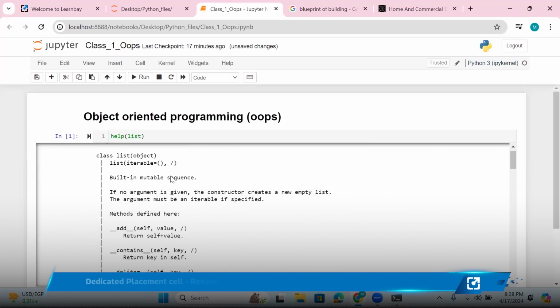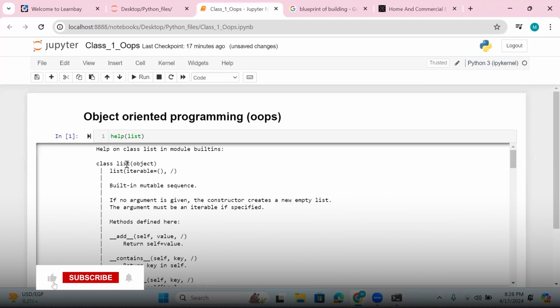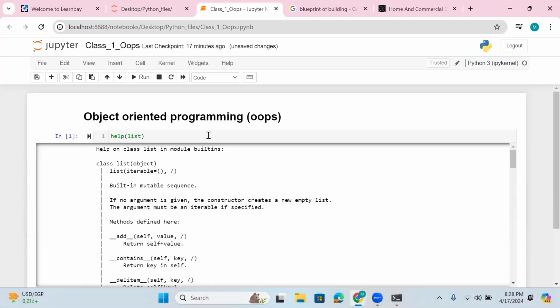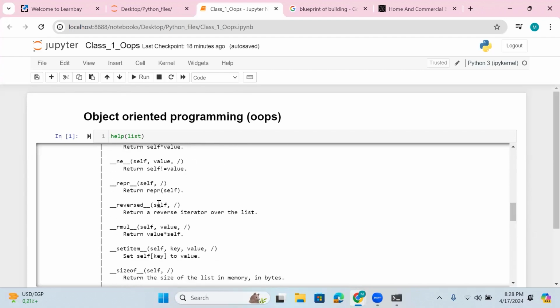Okay. This class list, remember one thing, there are two objects. One is the object that we create when we write classes. From the classes we create objects. That object is different, and this object is different. This object is nothing but the parent class. Just remember this in your mind. We'll understand that later. Now, inside this class list, we have, let's say,